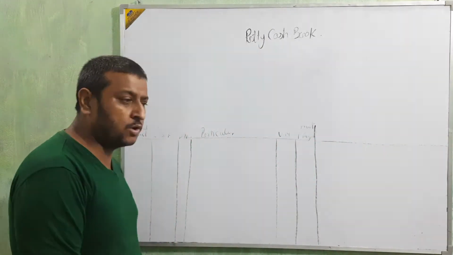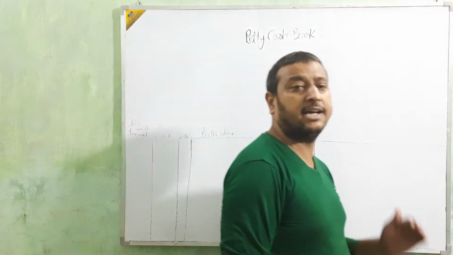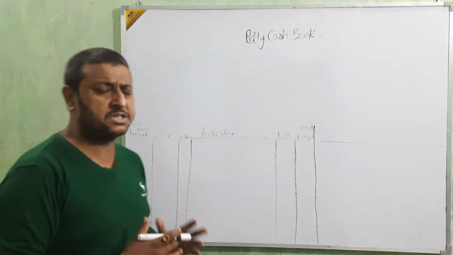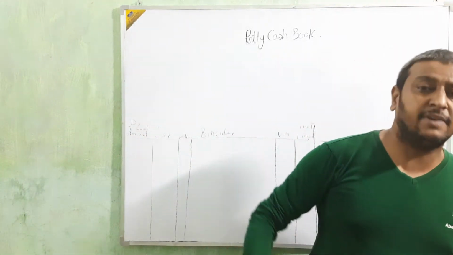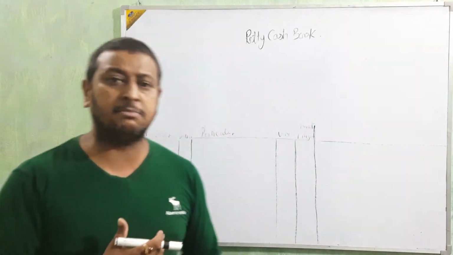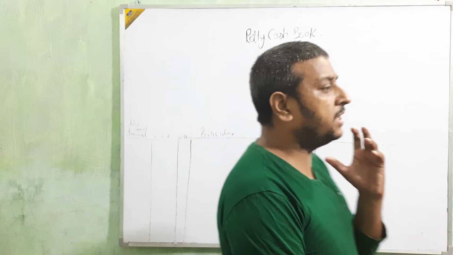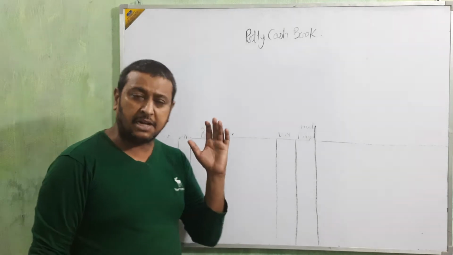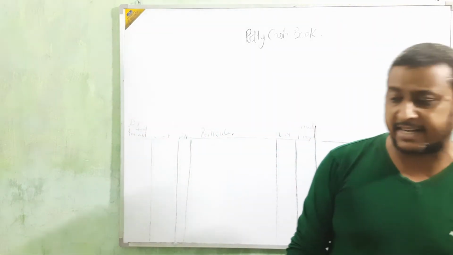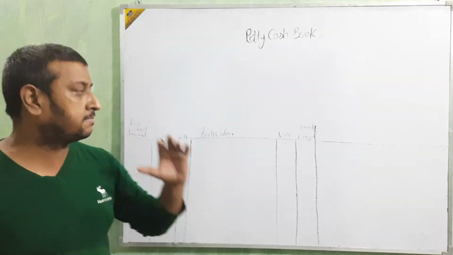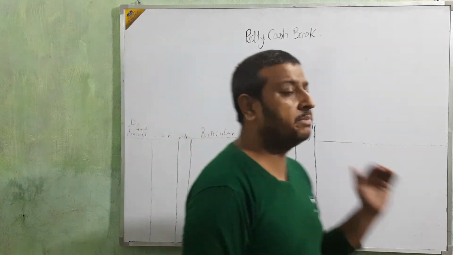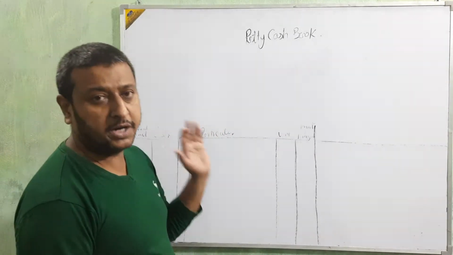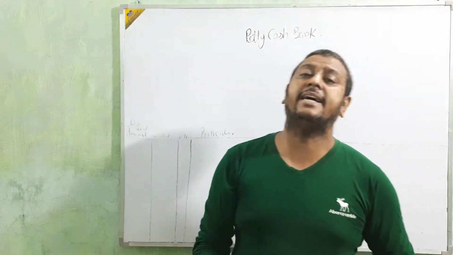Petty Cash Book is a book maintained for recording small expenses incurred in the business. In every business, many types of expenses involve very low amounts. If we write these transactions in the cash book, the value of that cash book will decrease. So for small expenses, we make another book, named the Petty Cash Book. In this Petty Cash Book, we enter all small expenses.